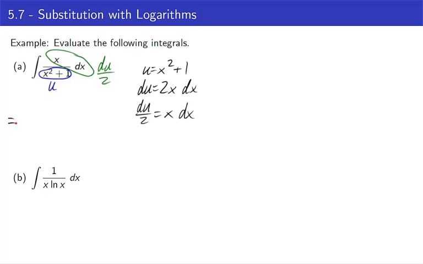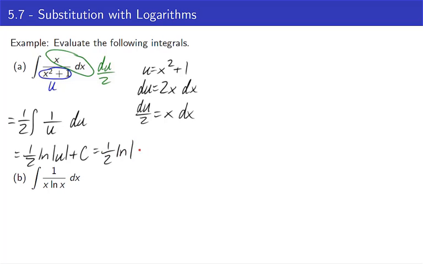Let's make our substitution. The over 2 I'll put in front. X dx all became part of du. And so I need a placeholder. U is in the denominator, so I'm going to do 1 over u. It was in the denominator before. It needs to stay in the denominator now. Du. We get 1/2 natural log absolute value of u plus c, which is 1/2 natural log of the absolute value of x squared plus 1